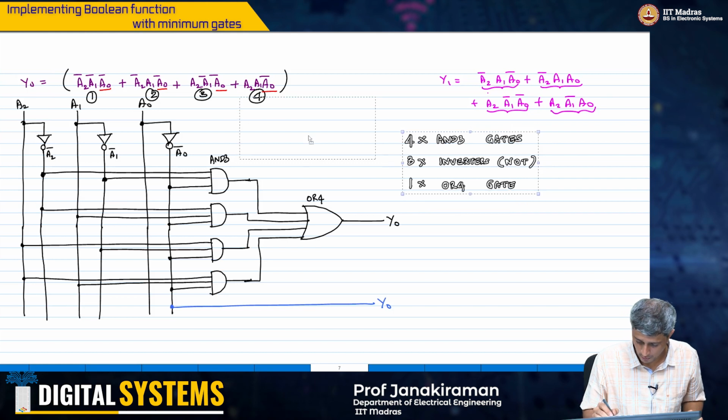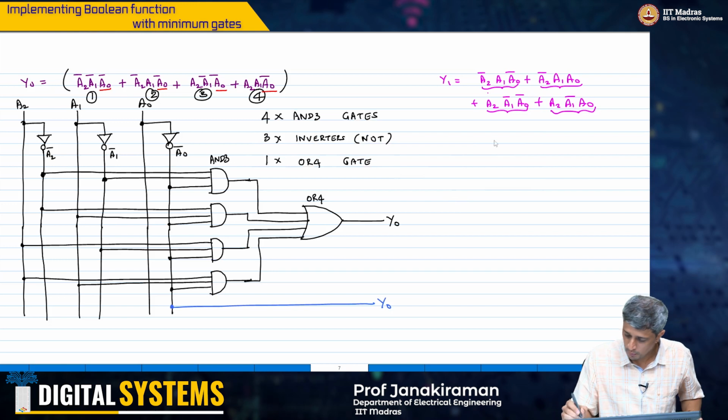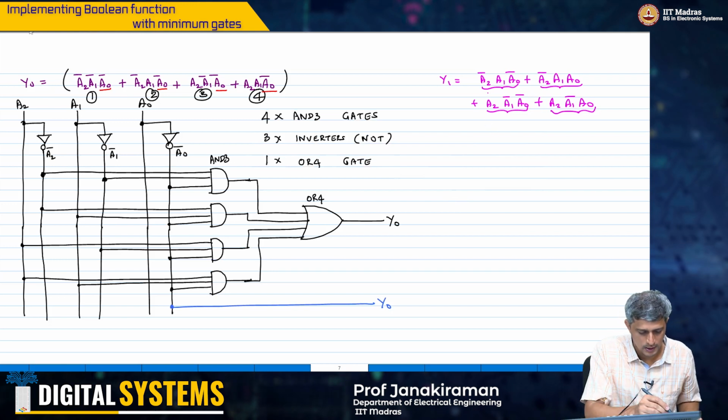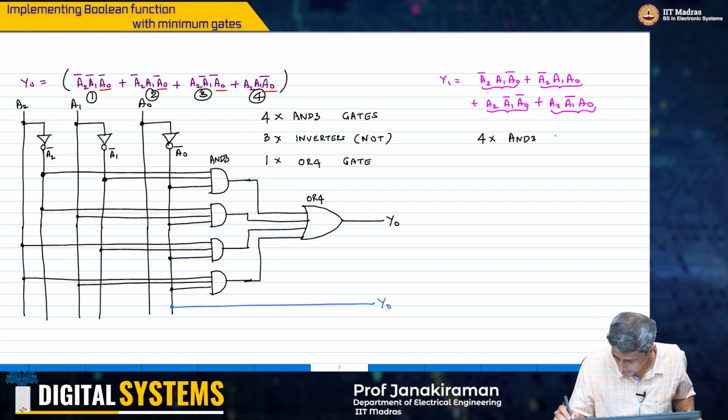This is for y0. To implement y1 in a similar manner, you need exactly the same thing, 4 AND 3 gates,